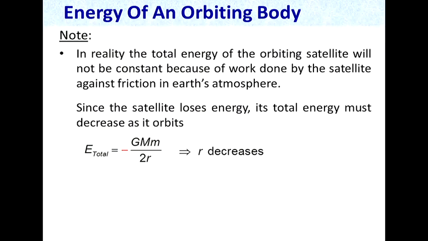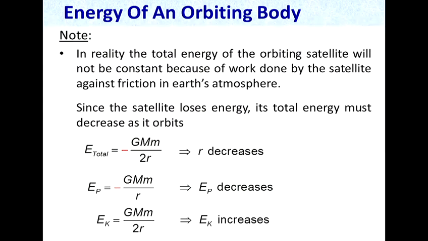What happens to the other energies when it moves into this orbit of smaller radius? GPE, if you look at the expression, as R gets smaller, GPE becomes more negative. So the GPE also decreases as the satellite moves into an orbit of smaller radius. As for KE, when R gets smaller, KE becomes bigger. So total KE increases. So it's not a contradiction. The total energy decreases. So the satellite will move into an orbit of smaller radius,